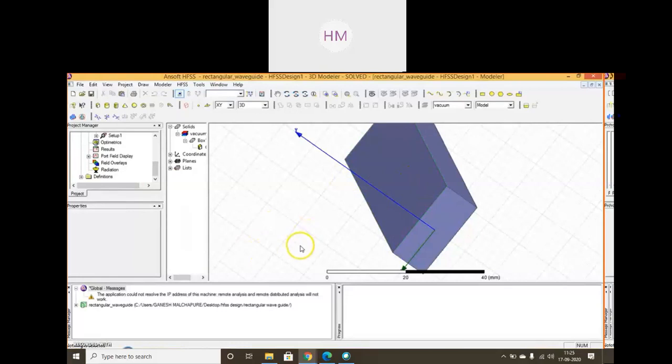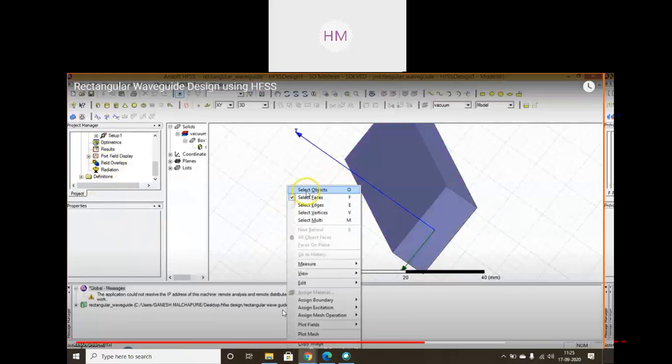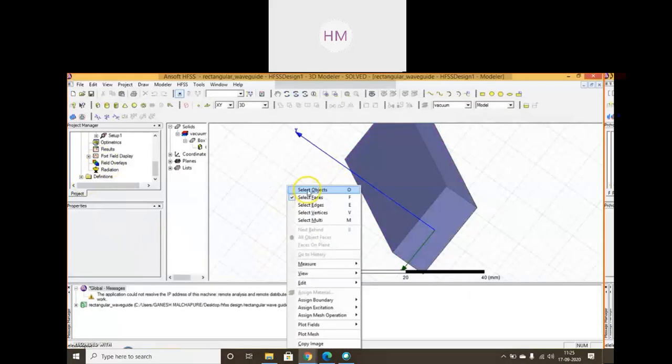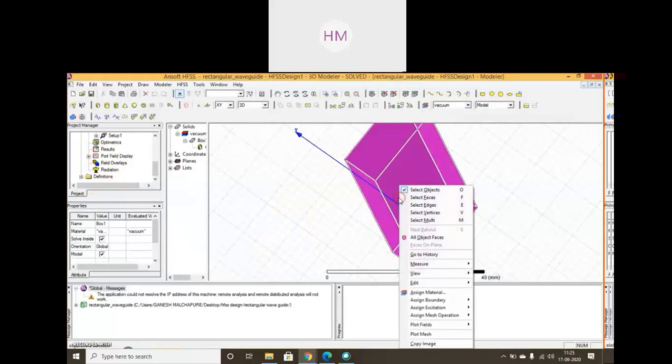Okay. Now it is complete. Here, see, I got the message: rectangular waveguide designing. It is saved on desktop, HFSS design, rectangular waveguide. Now click on the structure, select object, full object we have to select. Now whatever we want to plot, I want to plot fields: E field, H field.